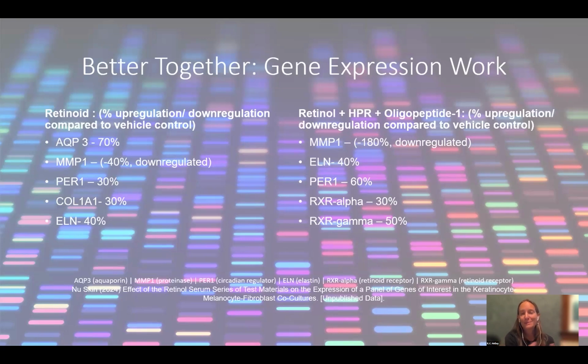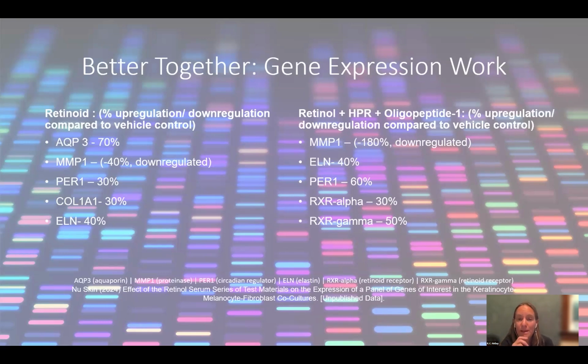Collagen 1A is a little bit more self-explanatory, right? It is indicating that you just have an increase of this gene that is going to create collagen by 30%. And ELN is a gene that codes for elastin, and that is upregulated 40%. So all of this is really, really good, right? When we look at the combination, though, what we find is that MMP1 gene that we were talking about was downregulated by 180% in this combination. Your elastin gene, again, was still upregulated, so you get that increase for elastin at 40%. Your PER1 gene, again, that gene that works with your circadian rhythm, right? That was upregulated